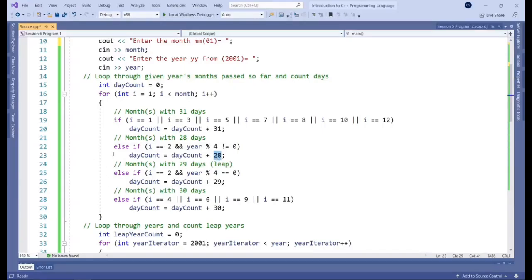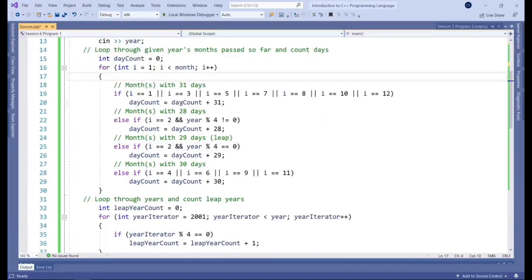So as you can see, we are basically looping through the months of the year, right? And depending on the year that was entered, we're calculating if it's a leap year, we're calculating how many days per month, and we're translating those months into days because we're going to need that later for our calculation. So that's the first for loop.